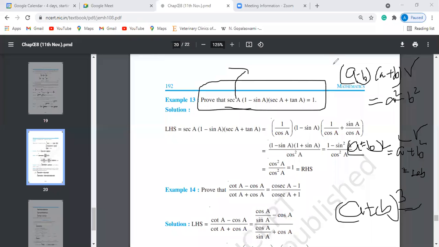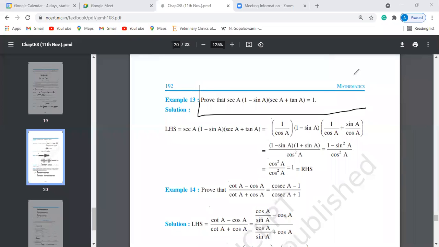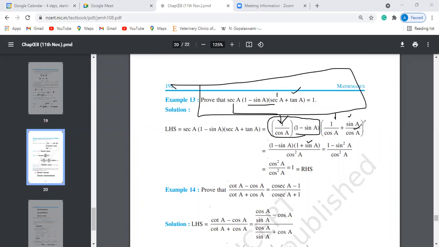Okay, fine. Now, what to do with the first one? First, what is sec a? You can write it as 1 by cos a. Now I have informed that whatever the ratio is, you have to convert into sine or cos. Into (1 minus sine a), you're keeping it as it is because it's sine a only, right? You can keep it as it is. So this is done. Here you have sec a. Convert this sec a to 1 by cos a. Correct? Sec a is nothing but 1 by cos a. Tan a is nothing but sine a divided by cos a.